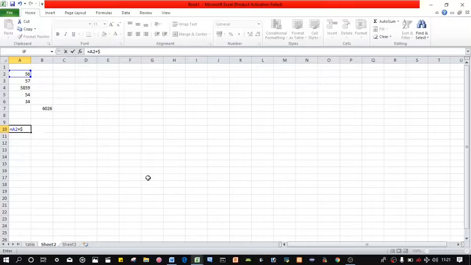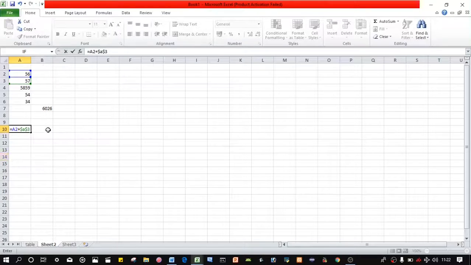This is the syntax of absolute cell reference. When we create an absolute cell reference, we use the dollar sign. Then what is the name of this value, 57? The address of 57 is A3. So type A, again we have to put a dollar sign and 3.